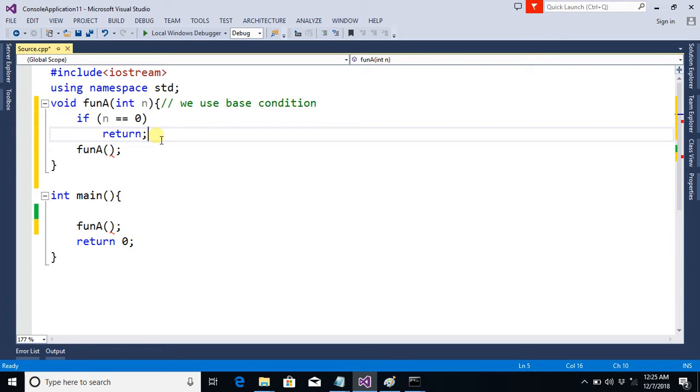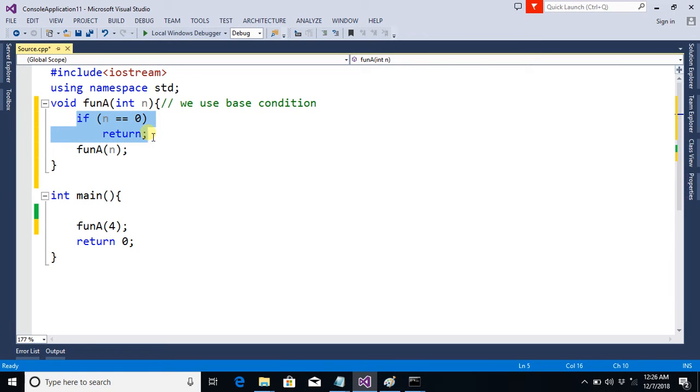So here we call this function again with the argument n. This way we will never have this condition true, because we will be calling n again and again, and n will not be 0. Say we call the function with n equal to 4, so here n will always remain 4 and we will never come to this block.